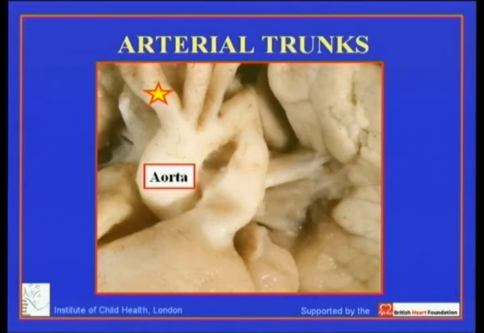Why on earth should we want to call this the innominate artery? What does innominate mean? It means unnamed. So why would we want to call something the unnamed artery when we can call it the brachiocephalic artery? Because it gives rise to one artery that goes to the arm, the brachium, and the other artery that goes to the head, and I forget what the Latin word for head is, but it is the brachiocephalic artery. And then we have the left common carotid artery and the left subclavian artery arising from the arch. Then we have pulmonary trunk divided